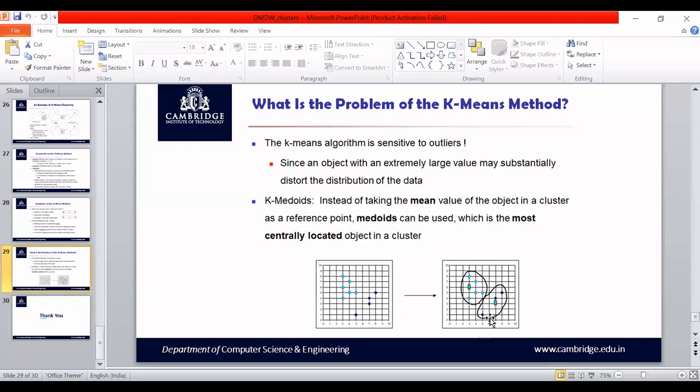So in order to avoid this, you can use k-medoid instead. Instead of taking the mean value, you will take the medoid. In this case, the sensitivity to the outlier can be reduced if you take k-medoid instead of k-means. So you should know the advantages and disadvantages of k-means. In your syllabus, you have k-means where the problems will be asked with respect to only the Euclidean distance. So this is the discussion about the k-means algorithm, and an assignment is given.